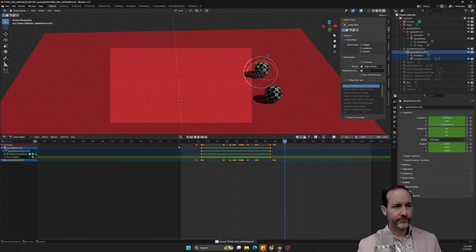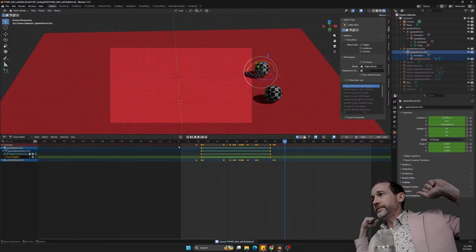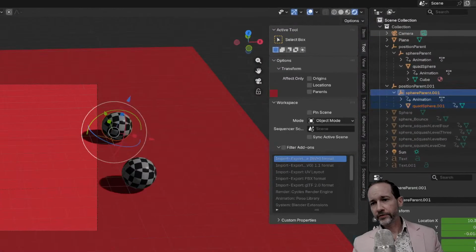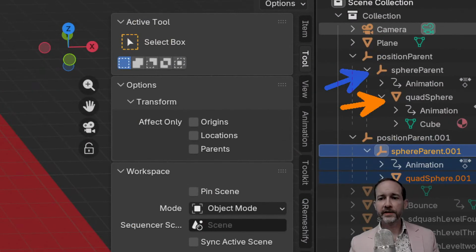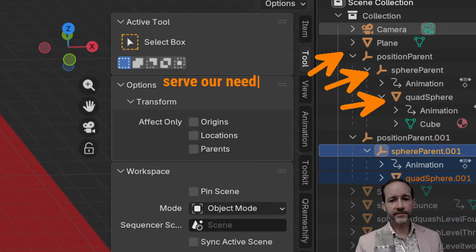Cool. Okay. Sound good? All right. So, yeah, we built a rig. The rig sort of increased in complexity, increased in order to serve our needs, right?